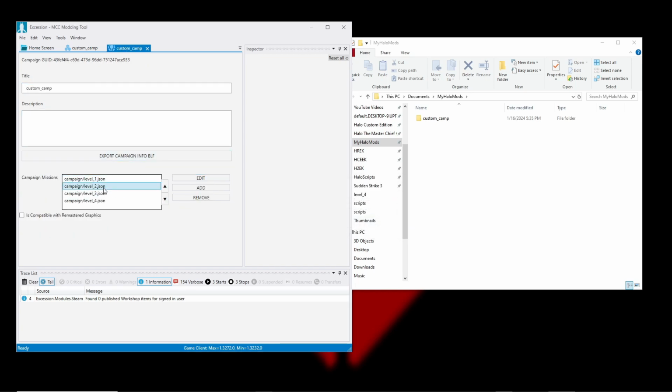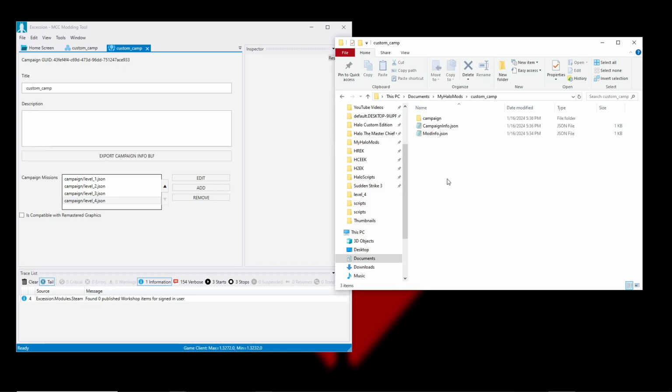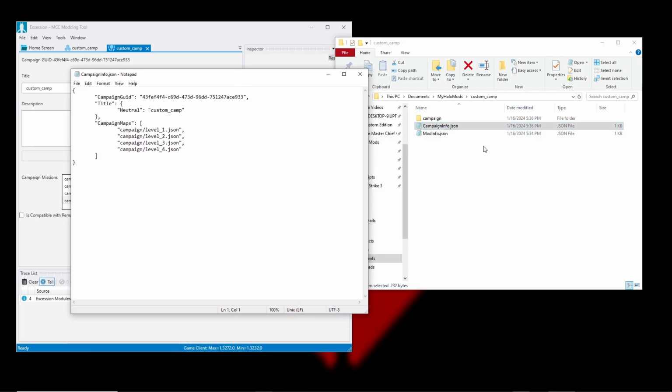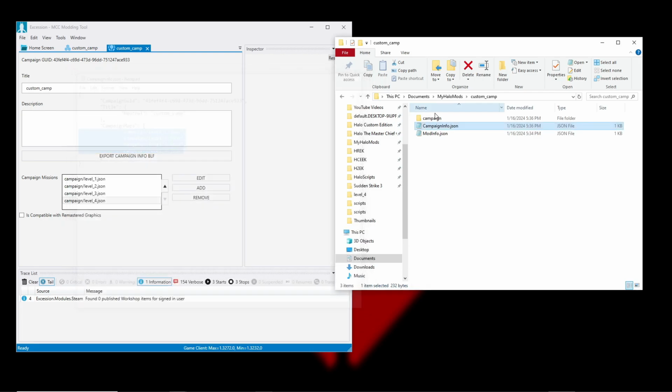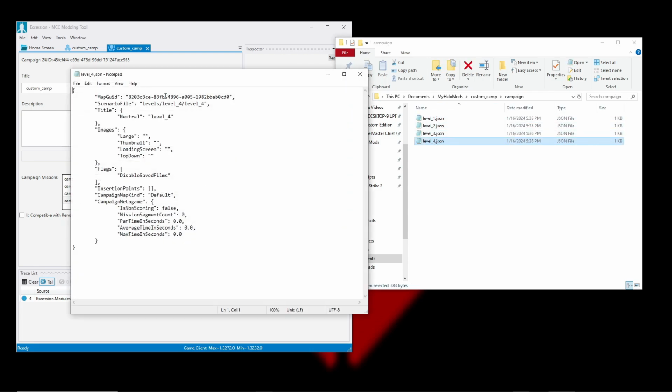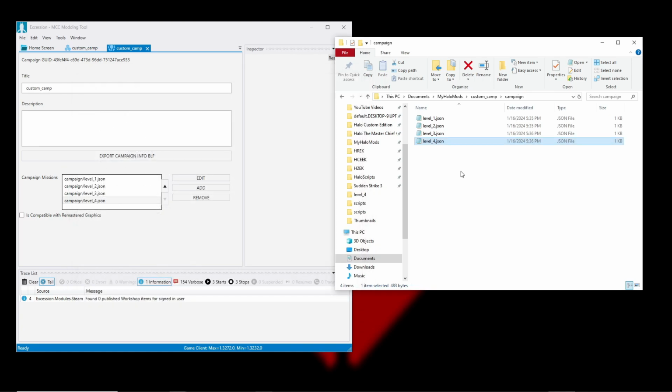All right, so here we go. We got all of these set up. The scenario path is defined, starting in the tags folder, and we should be ready to go. Oh, and inside your campaign or your mod folder, make sure in the campaign info.json that all your campaign maps are here, and then you probably want to go through each level and make sure the scenario file is defined correctly. Before we load up into MCC, we have to move our .map files into